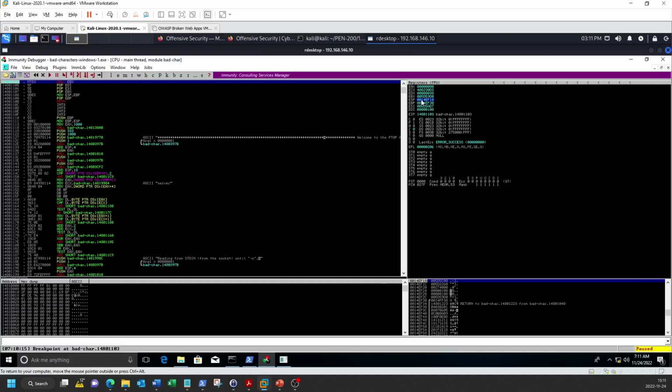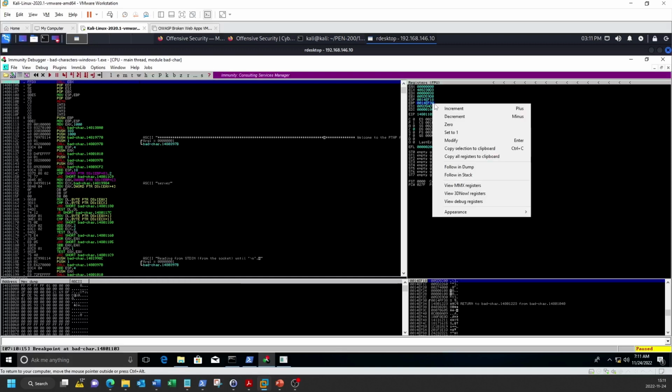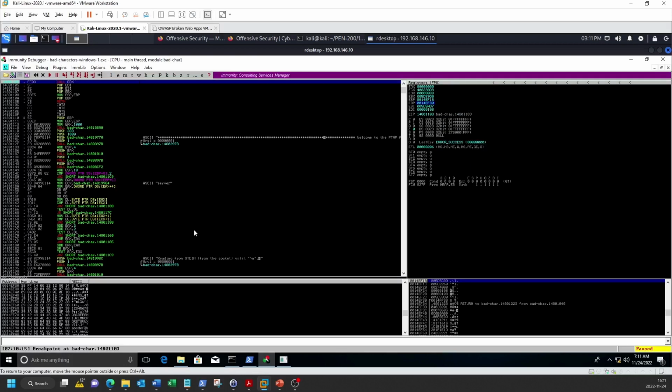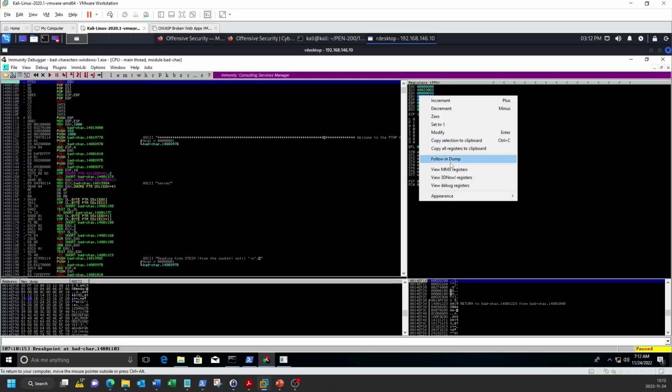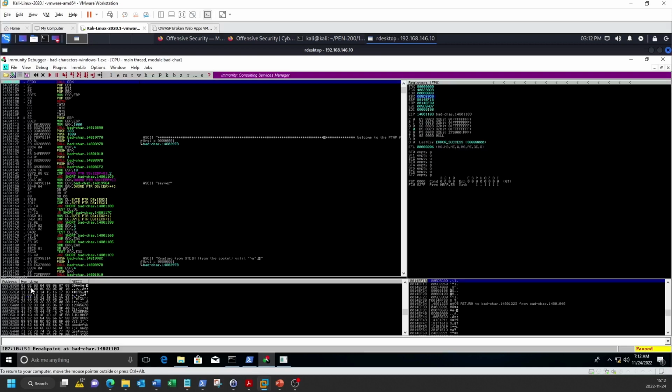Then they get stuck because they can't find any bad characters. This is especially confusing because EBP is very close to the original data that's loaded in from the text file before it gets mangled by bad characters. So, you could go through the entire list and find every byte intact. In this case, you can see that 0A and 1A are both present here, whereas if we go to the EBX register, follow in dump, they have been replaced by 00.